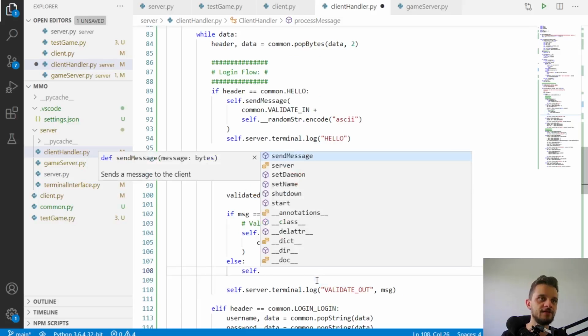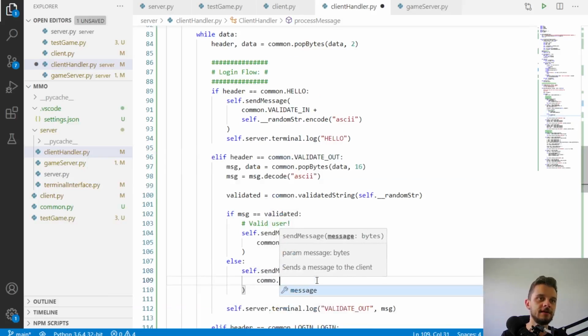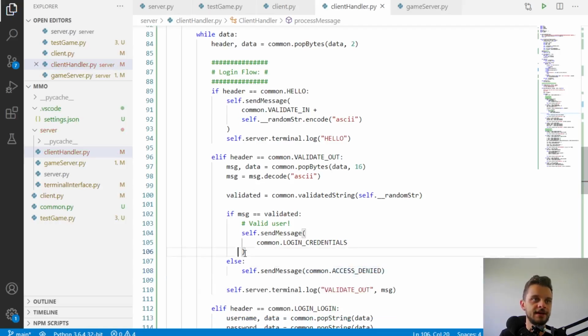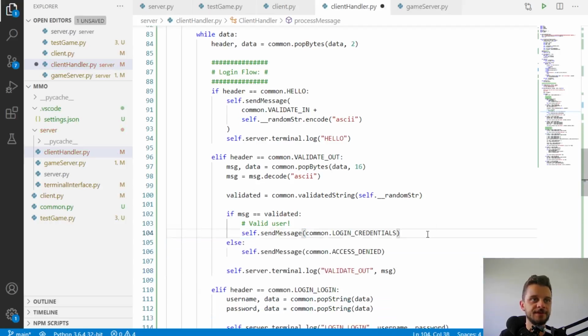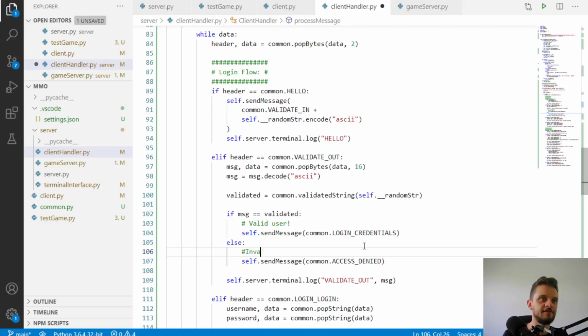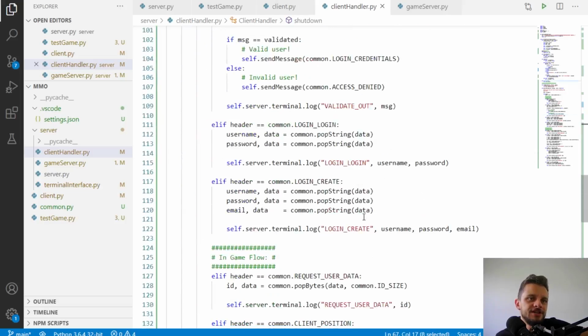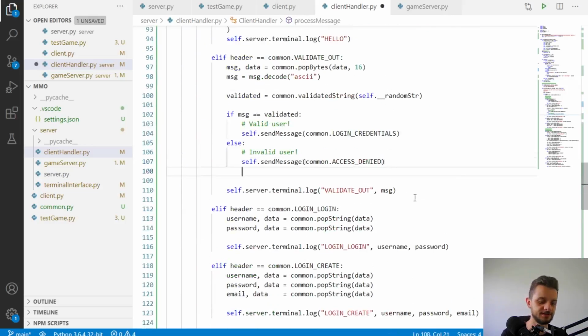So we need to self.send_message common.access_denied. Let me actually just put this in the same line, otherwise it's going to be a waste of lines. Invalid user. And now we need to shut down this client. Okay, so I think just calling shutdown should do the trick. So self.shutdown. Stop it, don't connect with me, you are not valid, get out. Okay, and